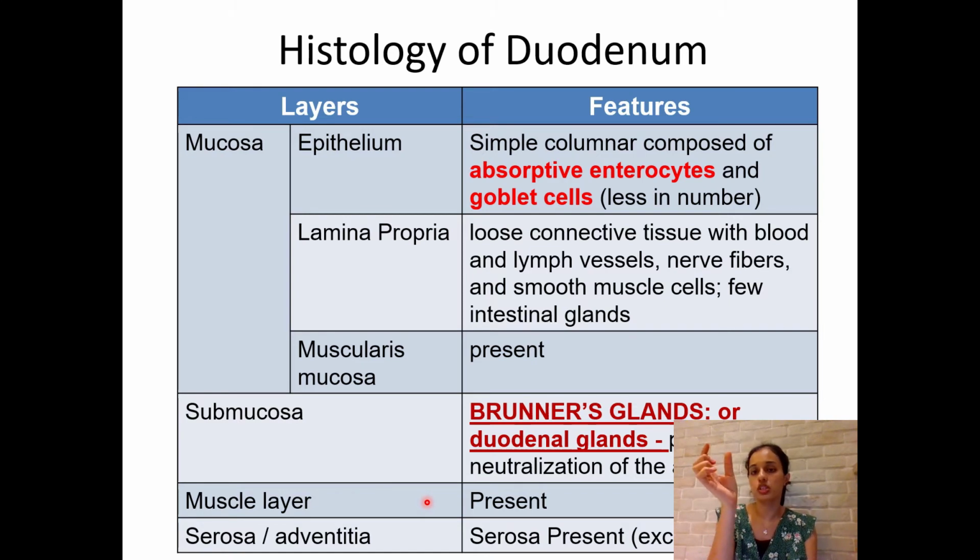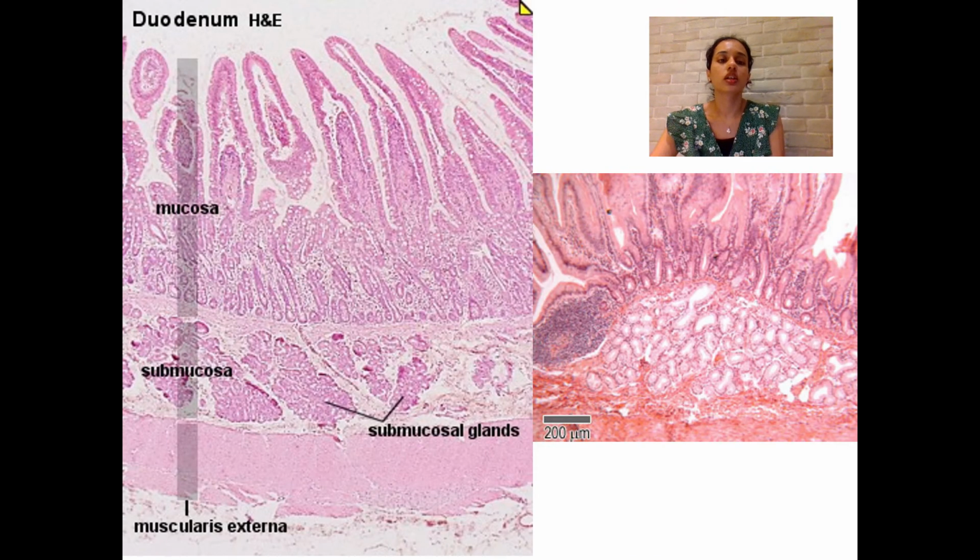If you see grossly, the duodenum is divided into first, second, third, and fourth parts. The first part is intraperitoneal, but the rest is retroperitoneal. So in the first part of the duodenum you see serosa, since it is intraperitoneal. This is the picture of the duodenum. You can see they are somewhat leaf-like in shape. These are the villi, they look like a leaf. This is one plica, because the submucosa is also folded here. You can see a number of mucosal glands over here.